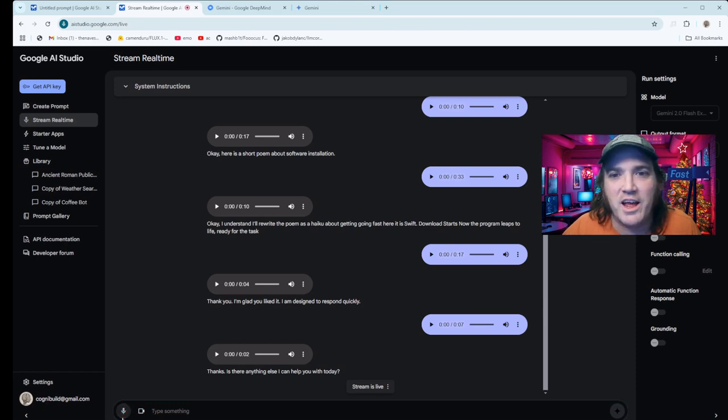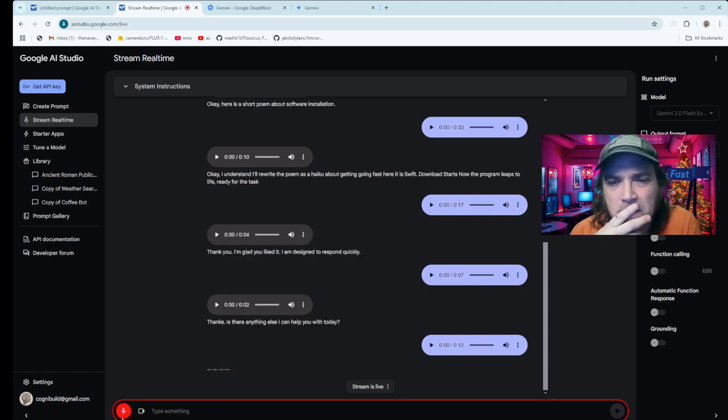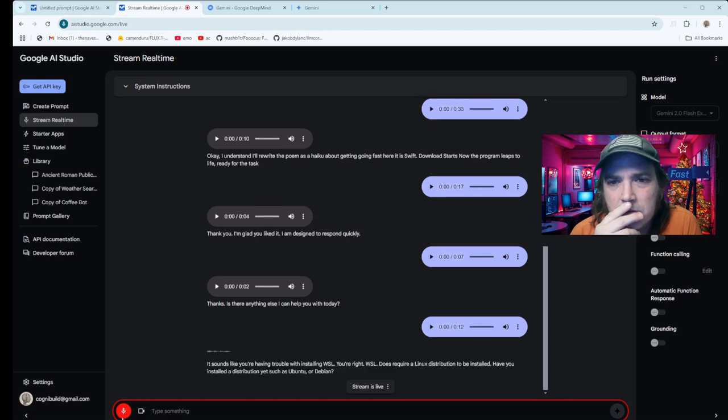Actually, I want to pretend that I'm installing the Windows Subsystem for Linux, and for some reason it's not working. Oh my gosh, why is this not working? I'm installing this WSL, but it says that I need a distribution. It sounds like you're having trouble with installing WSL. You're right, WSL does require a Linux distribution to be installed. Have you installed a distribution yet, such as Ubuntu or Debian?